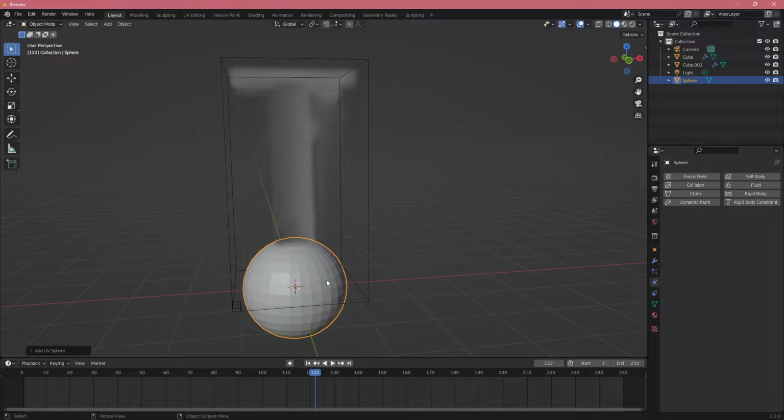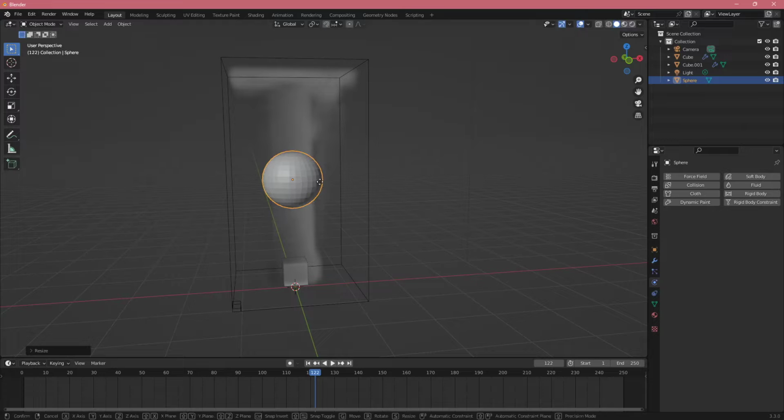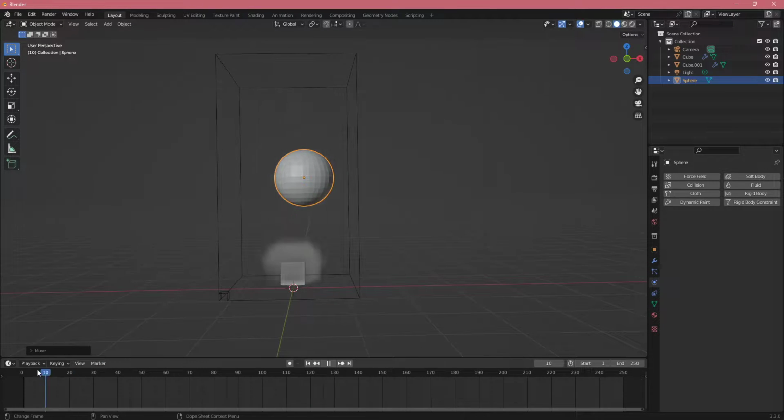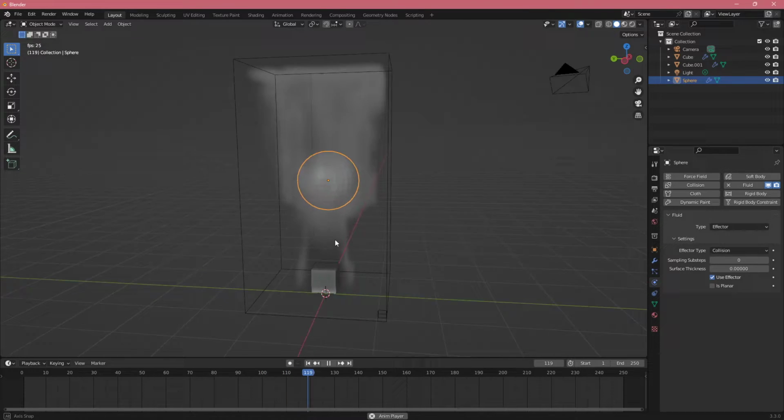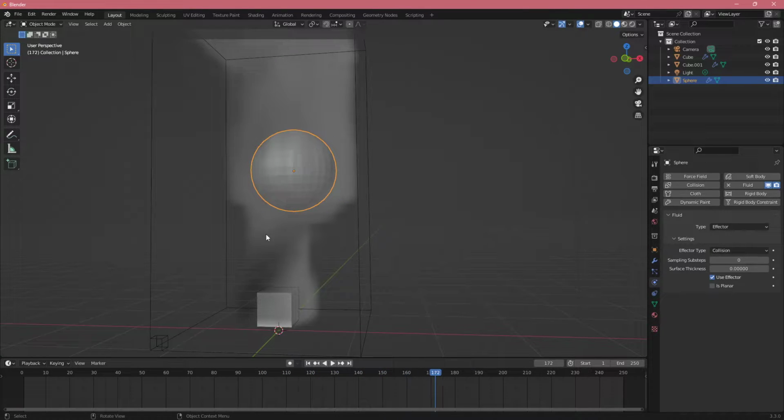Now if we try to add a sphere, let's say that we want to block the smoke that may be standing like this, and we try to play, we can see that the smoke goes right through the object. And this is where our effector comes in. We have collision or guide, depends on what you need basically. Maybe you need something to change when the object goes through this volume, but we want collision. And if you just play it again, we can see that now our smoke goes around our cube and kind of envelops it. So this is basically what we want, but